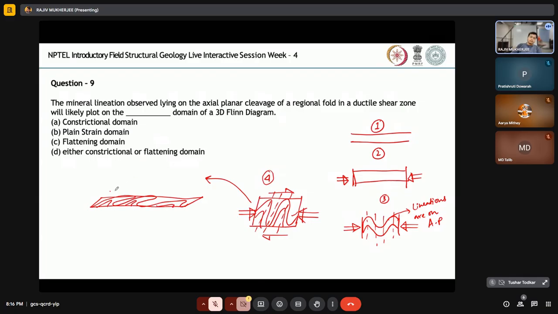Folds are extremely compressed and we are getting shearing with this kind of compressive forces all around. So it is getting thinner and thinner, and the axial planes are now almost subparallel to the horizontal direction, and so are the mineral grains or the mineral lineation. So therefore, if we just now see along the Flynn diagram, right,